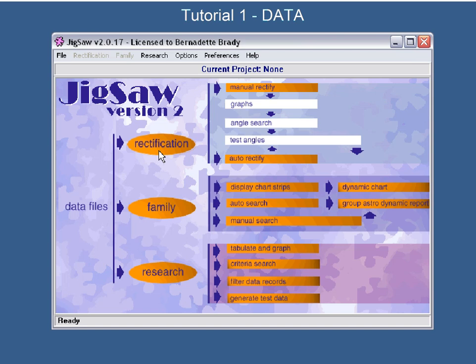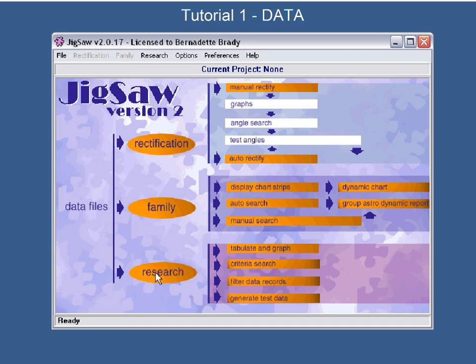And indeed, I was talking to Andy yesterday, and he puts his stock market highs and lows into the rectification because he wants those sorts of graphs coming out. So Jigsaw enables you to do the weirdest things, and quite happily does that, to think in different ways. Okay, so we'll probably start with rectification.